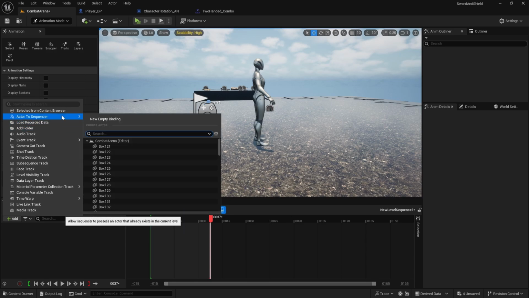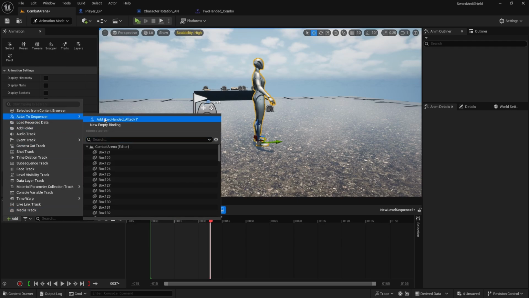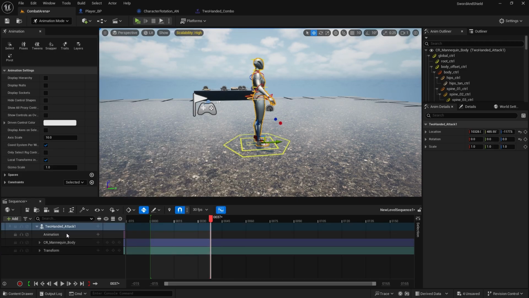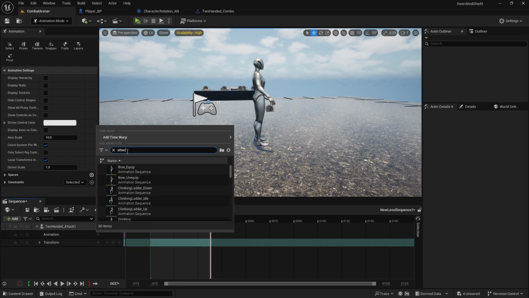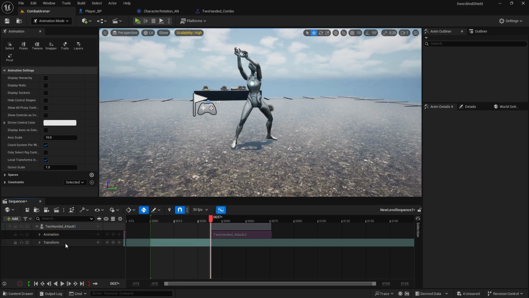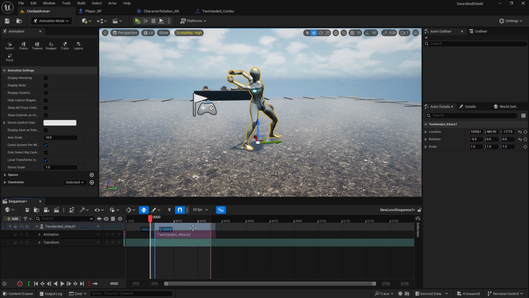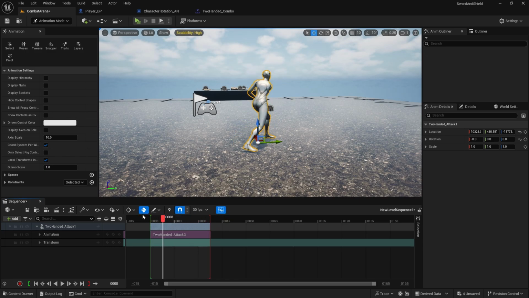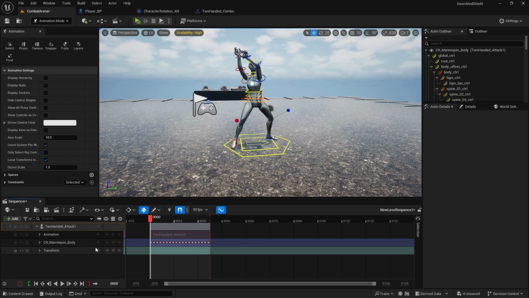So actor to sequencer, select this guy, 200 attack 1, CR mannequin body delete, animation is attack 3, and I have imported it to the wrong thing, because it imports where you have this marker. So just drag it back and then right click, bake to control rig, CR mannequin body, create,